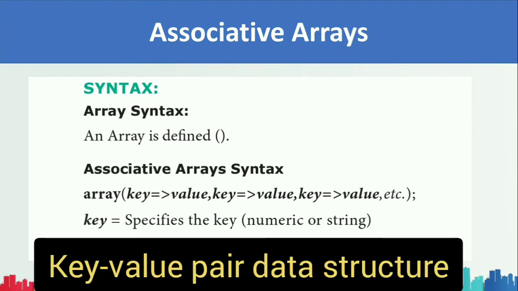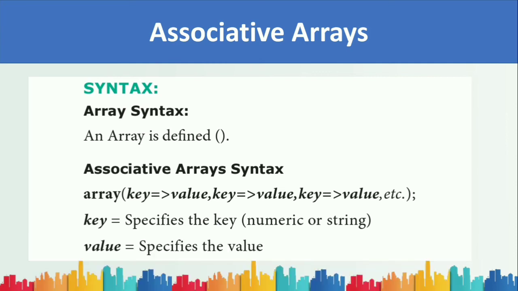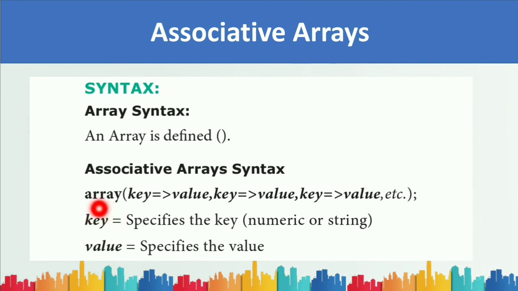So associative arrays are a key value pair data structure. Instead of storing the data in a linear array, we can store the data in a collection and we can assign each item a unique key. So look at the keyword array. Inside the open and close brackets we have key and its value. So this is the way it is associated. This key is used to refer to the data. Data means the value. So let us see with an example.